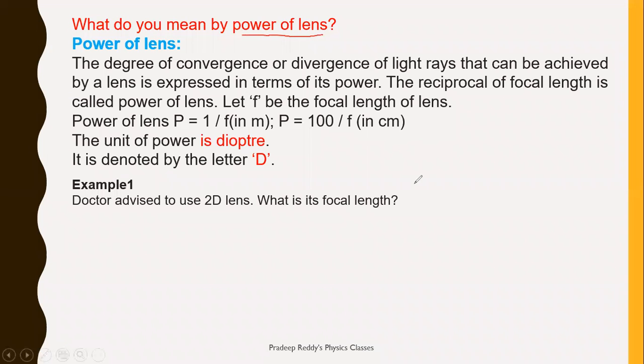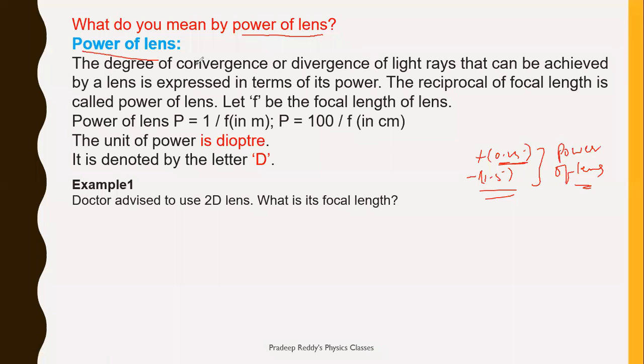Usually when you go to hospitals to test your vision, the prescription will be noted with a positive value like 0.25 or a negative value like 1.5. They give you prescription values that represent the power of the lens to be used. It represents the sight, whether it is short sightedness or long sightedness, and how it is to be corrected. So in order to do that, we will be calculating the power of the lens.